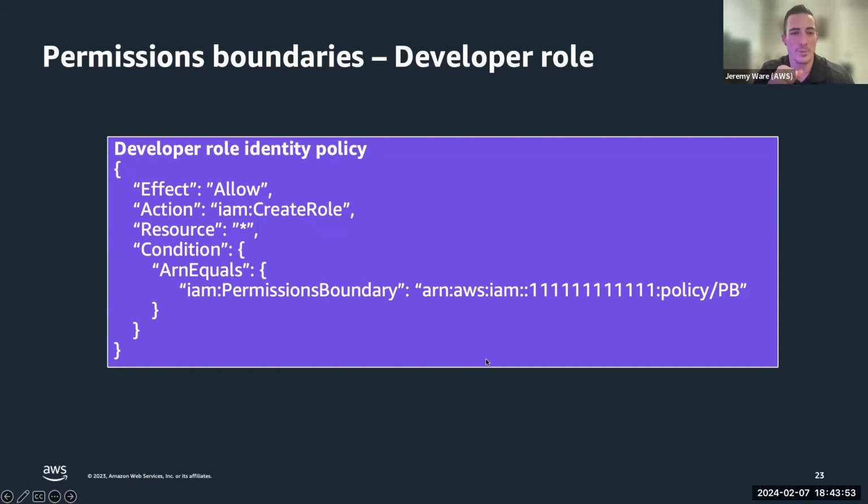So let's kind of look at what one of those might look like. If we had a developer role and we want to go ahead and attach a policy to that role, we might have effect allow. The action would be IAM create role because we want them to be able to create these roles for services. But the resource would be anything. They can attach it to anything they want, create role, anything they want. But the condition is that they must include this permission boundary. And in this case, we defined it as the specific ARN under policies, PB for permission boundary. As long as that is attached to the role that they create, they're good to go. If they do not attach that, the create role function will not work.